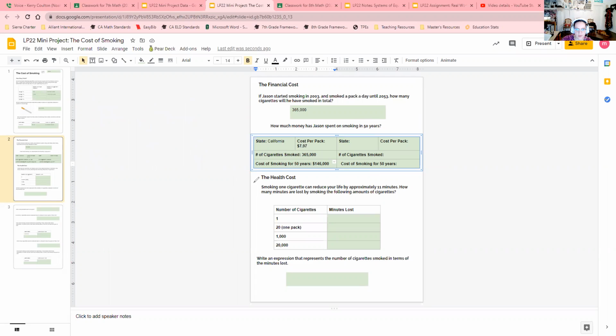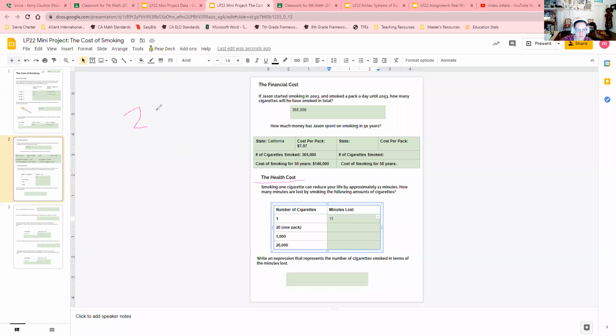Now we want to figure out the health cost of smoking. It says smoking one cigarette can reduce your life by approximately 11 minutes. So we're going to fill out this chart. How many minutes are lost by smoking the following amounts of cigarettes? One cigarette, we found out, is 11 minutes lost. 20 cigarettes, so one pack,